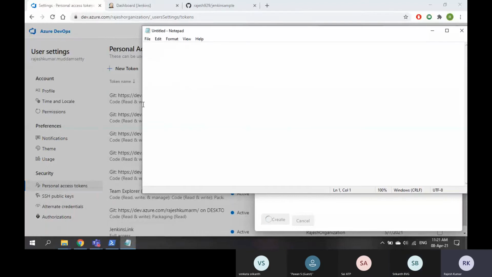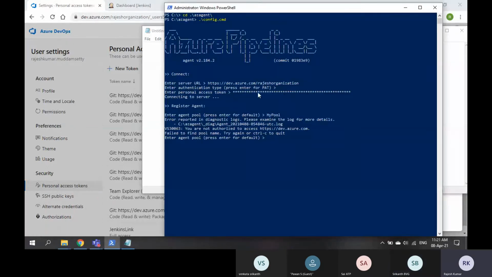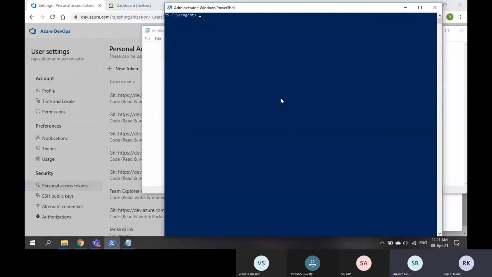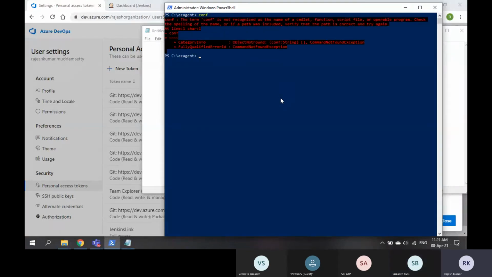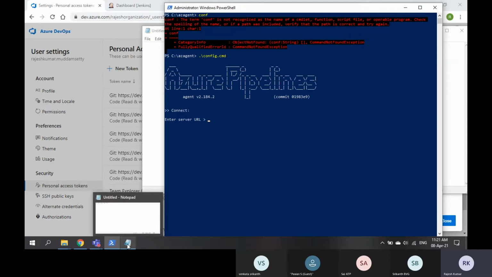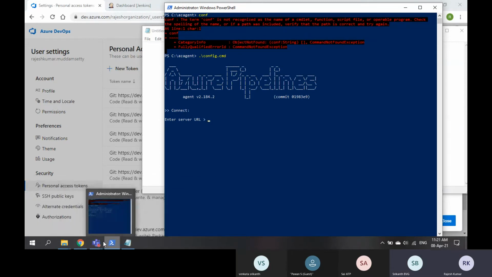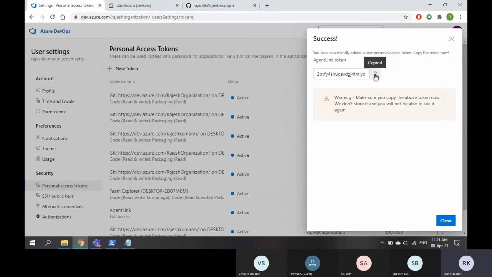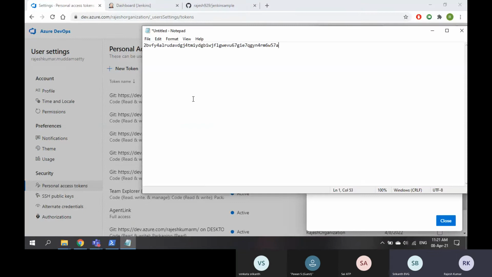That means authorization is done through PAT token. So CLS. Now I run again. Config CMD. I'm running this config again. Now, first of all, let me get the PAT token. This is the PAT token.